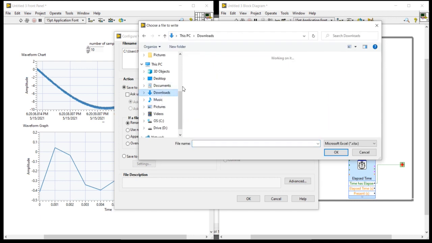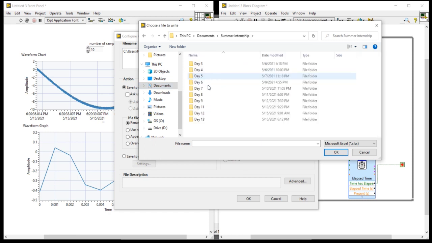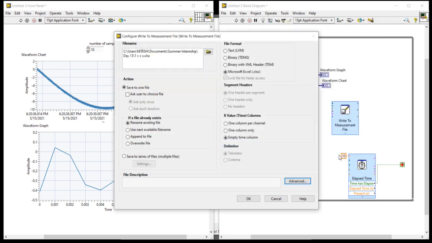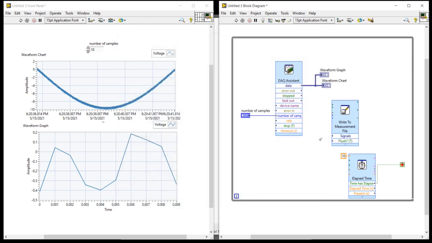What happened? Okay, now hit OK. Time column. I can connect here.